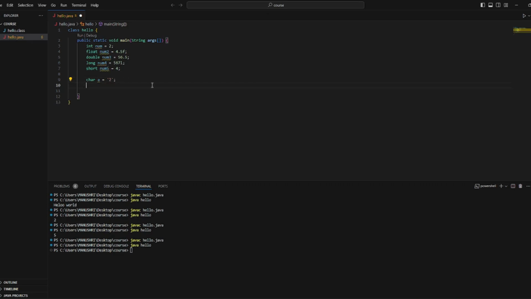And then we have boolean. Boolean stored as true. Now we don't enter true in quotes because boolean by default has the values true or false, so we don't put them inside quotes. Now let me compile it once again. Perfect, no errors.